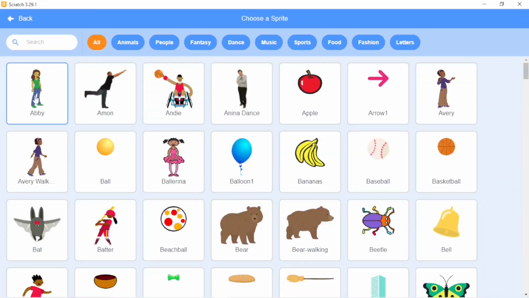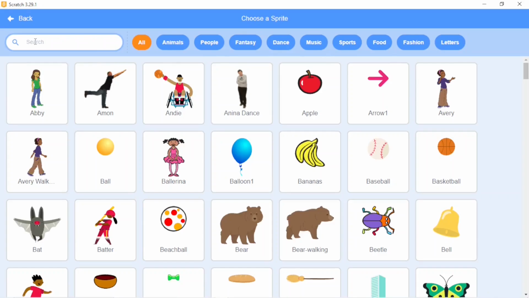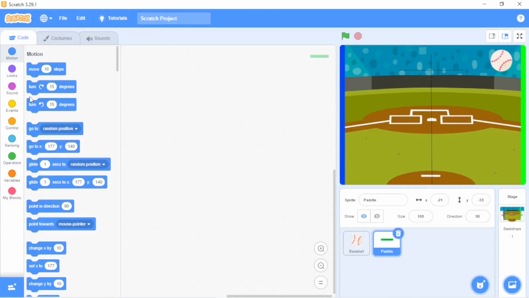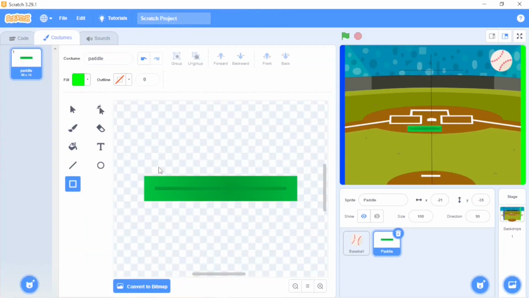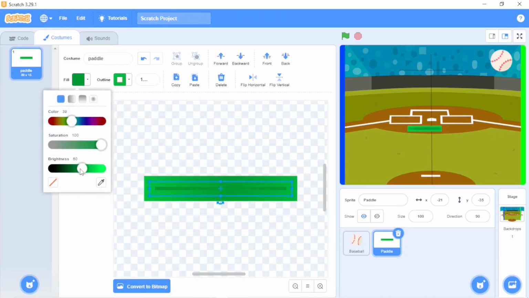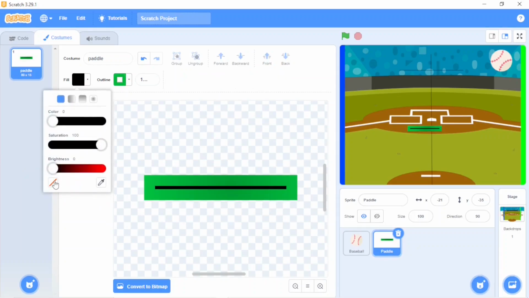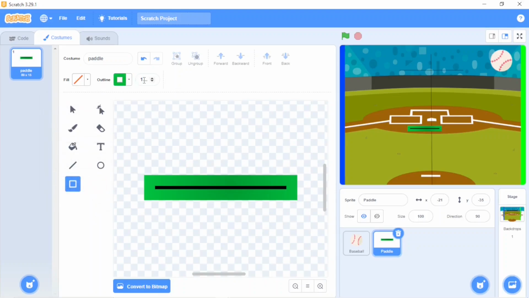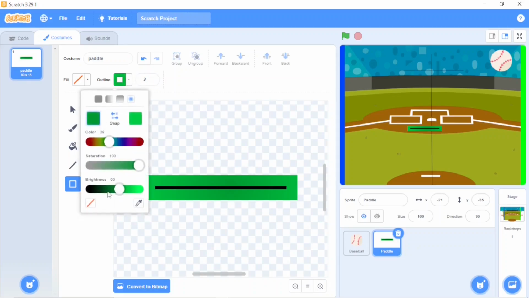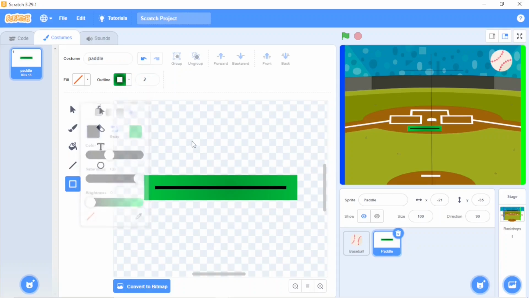Now I'm going to take 2 more sprites. Go to choose a sprite, search, pedal. Here's my pedal. Go to its costume. Take the select one. Fill color is going to be black over here, this one. And I'm going to make one outline. Cross the fill, and outline will not be 12, it's going to be like 2. Okay. The outline's color will be black too.